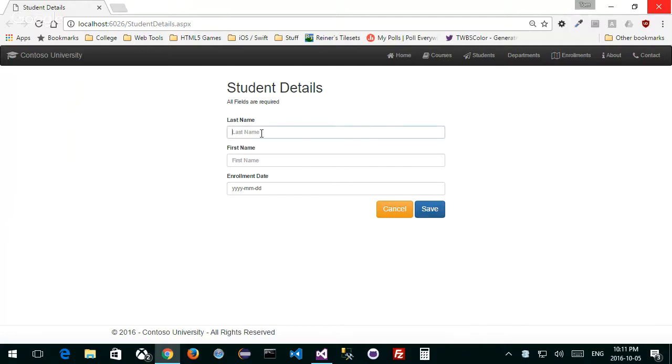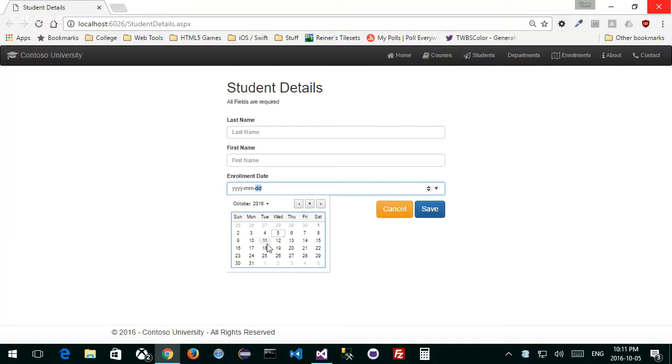All fields are required. If I click this, notice that in Chrome, I get this little box. It saves me the trouble of getting my formatting correct. But I have to warn you that my Chrome, with my culture settings, might be totally different than your Chrome and your culture settings, which means you're going to do some data validation in here. Not right now, but we'll have to handle that next week. For now, when I enter a new student, I can put the student details in here, click Save, and we've added a new student.